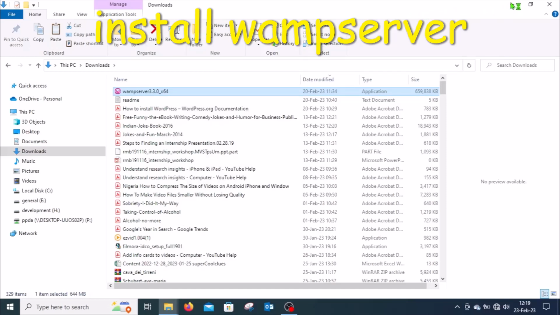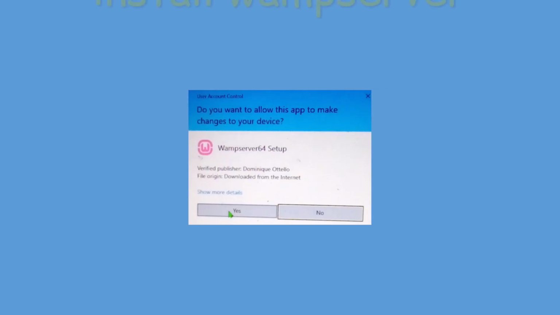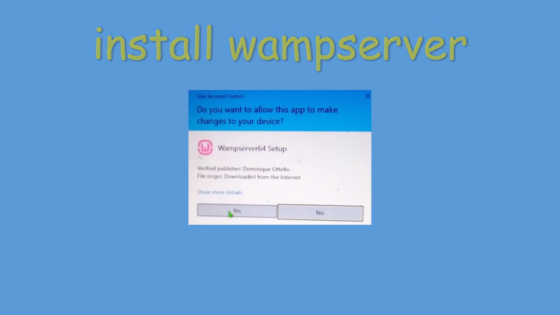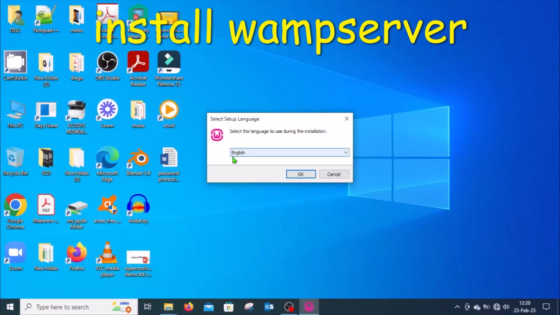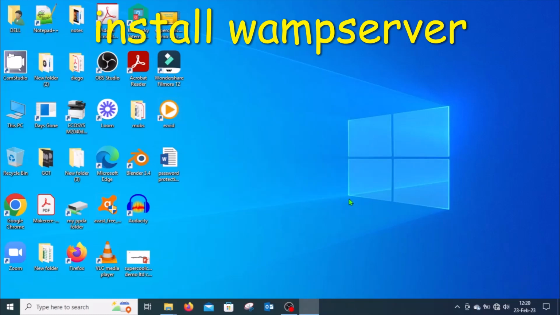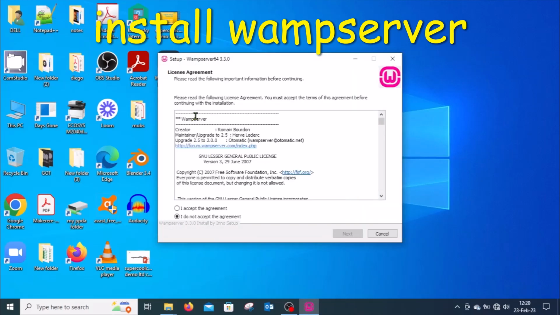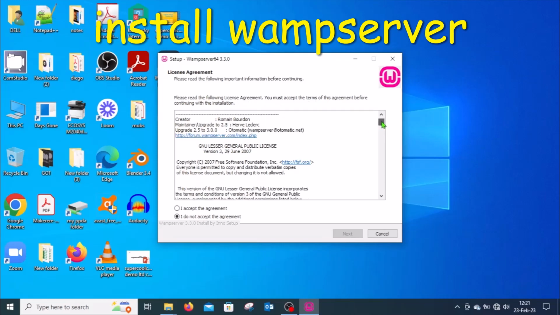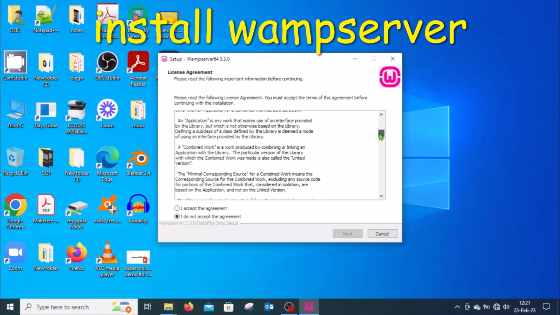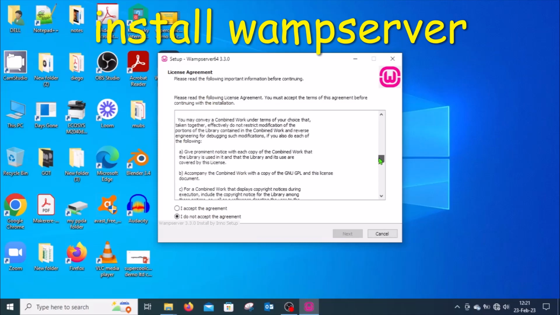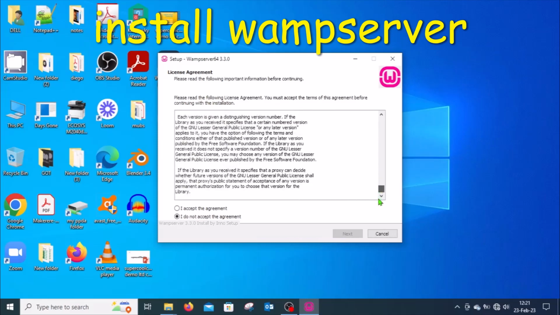And when the message comes whether I want to allow wampserver setup to make changes to the device, I click on yes. Then I select English and then click OK. The license agreement comes up. You need to read the license agreement thoroughly, so you read it clause by clause, slowly, scrolling down. Make sure you don't violate any of the clauses both now and in future. Once you reach the bottom, you click on I accept the agreement